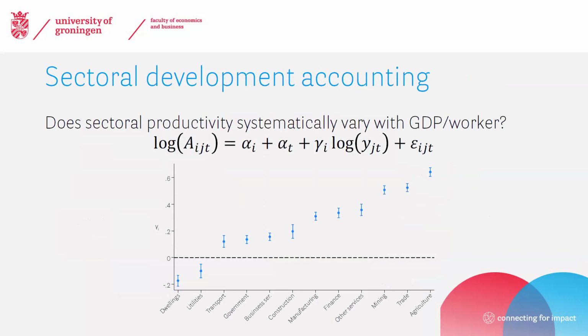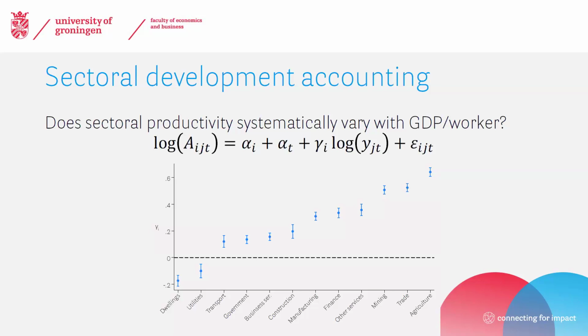So here we're asking to what extent does sectoral productivity systematically vary with the level of GDP per worker. Again, Berthold and Akos also went this route to summarize this. That's a bit different from what you would do if you'd say, well, what's the variation across countries? And that can be large or small, but here we're looking at, okay, do we see that low-income countries tend to have low productivity, while high-income countries have high productivity?